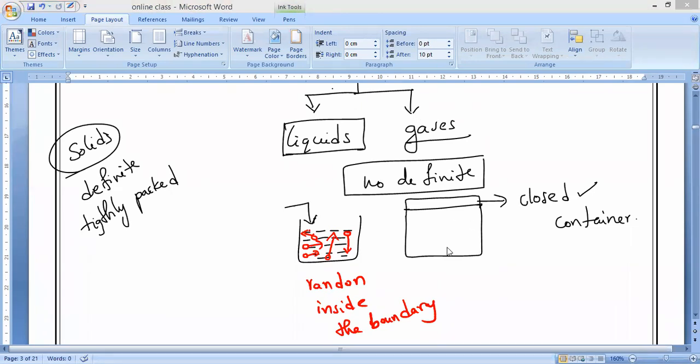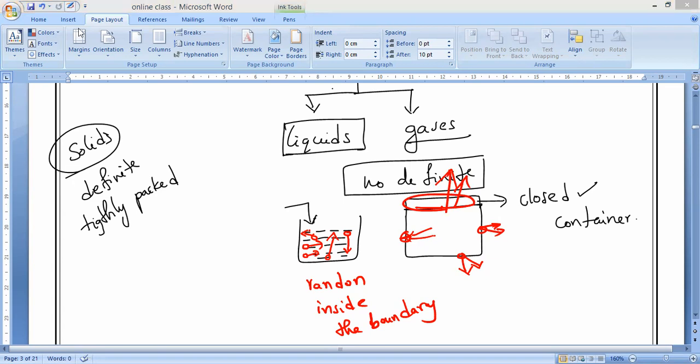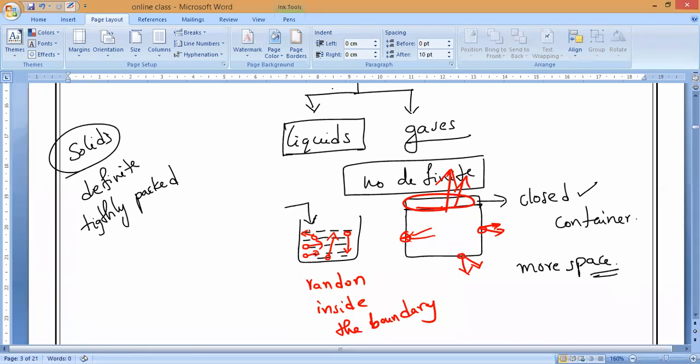Now, if we take the gas and make a hole here, all the particles will rush into this hole. If anyone makes a hole here, all the particles will rush to it. If someone opens this lid, all the particles will escape through it. Because in gases, the particles have more spaces between them. And remember, particles always want to escape from the container, so they always exert pressure on the walls of the container.